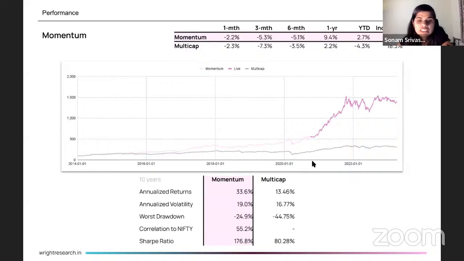And this is quite popular among the retail audience. We have seen more than 7,500 people invest in this particular portfolio on Smallcase. So it is one of our most popular portfolios that has done really well. And we have huge conviction that this will continue to do well as the market recovers.